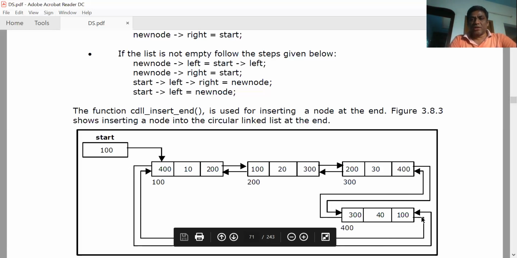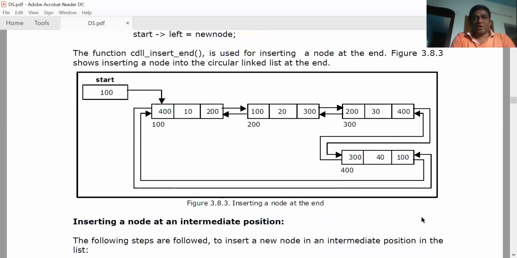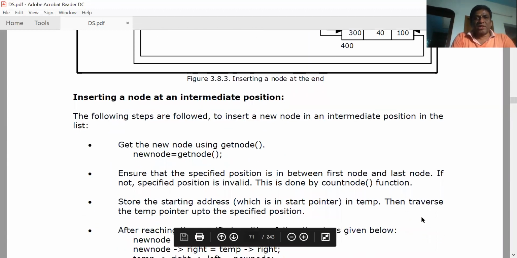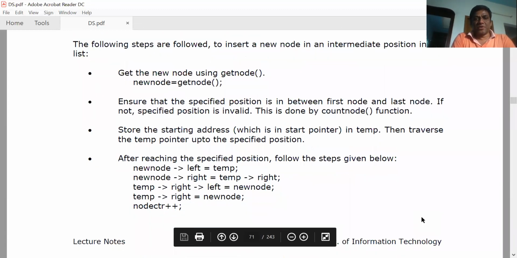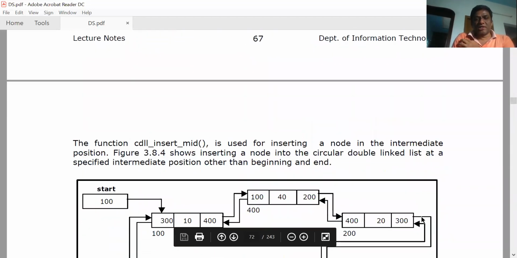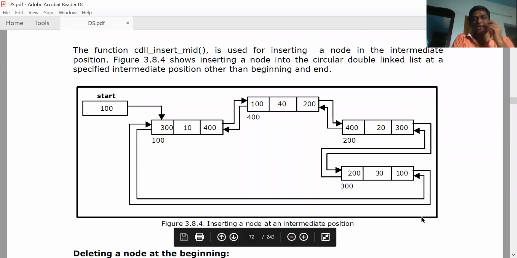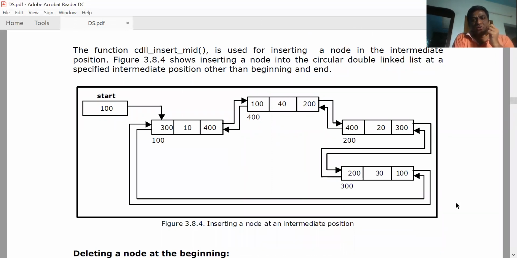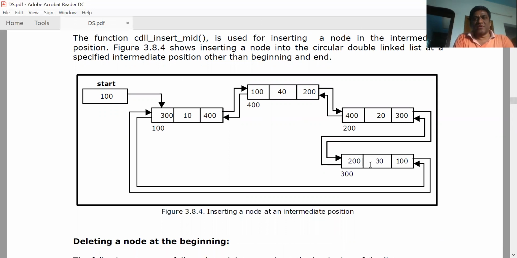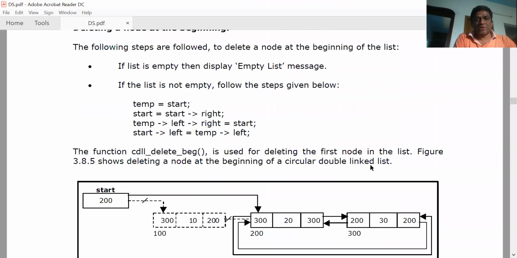For insertion at the beginning, you need to update 5 links. Okay. This is inserting at the end. So inserting a node at some intermediate position in a circular doubly linked list actually does not require any change. It is the same as insertion in a general doubly linked list. It does not require any change over here, so I'm not explaining it. Just refer to the previous video to understand how insertion at some middle position is done in a doubly linked list.